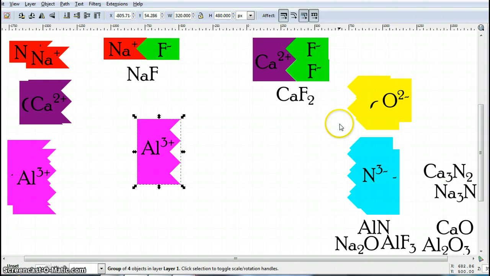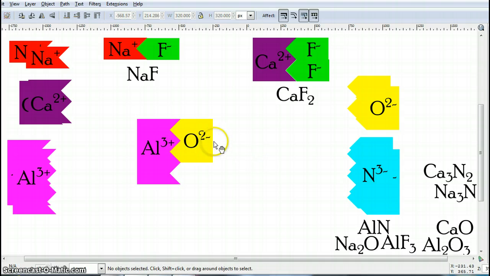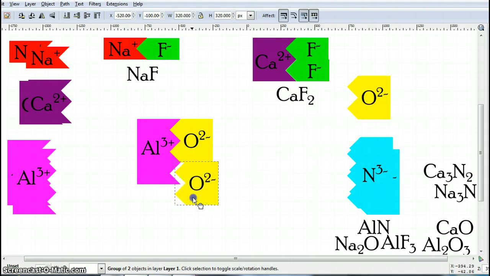Aluminum ion has 3 missing electrons. So if we brought an oxygen to pair with it, for example, we would see that the two negatives for O would fill in 2 of the holes for aluminum, but it wouldn't quite fill in the third. So we would need another oxygen to fill that in, but we would see that that would quickly lead to a problem in that